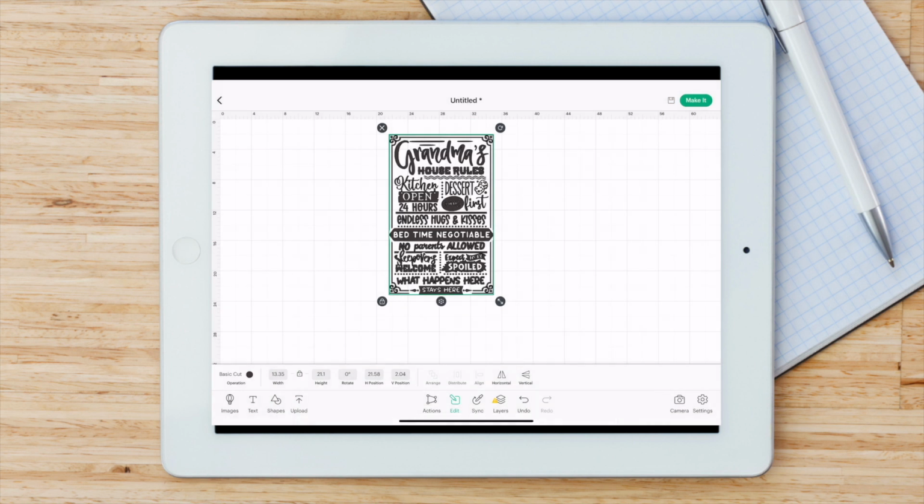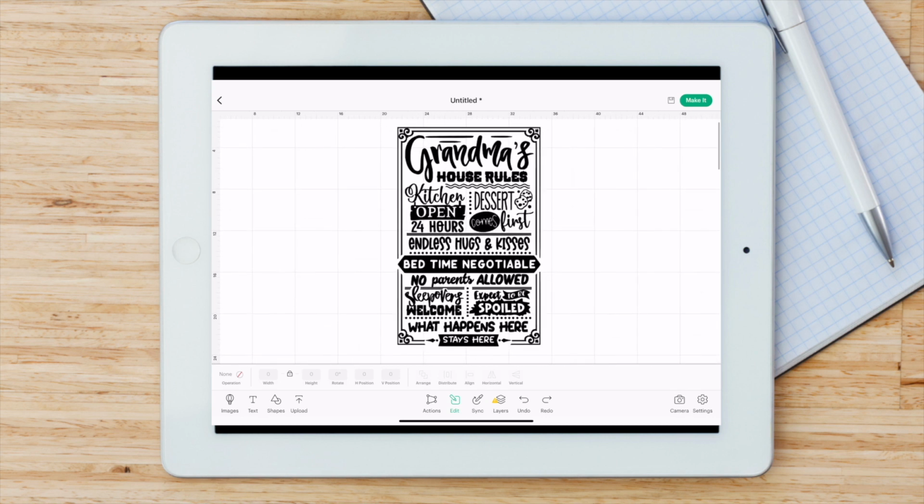So next up, I'm going to go ahead and take you guys over to the Actions tab. There are lots of different options right here inside of Edit, but let's go ahead and back it up and go back to Actions. So going right into Actions, we're going to just click on our design here so you guys can see.